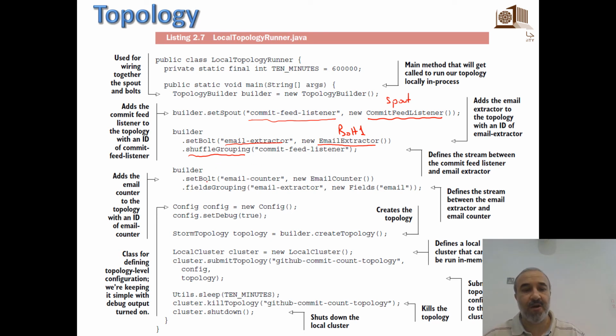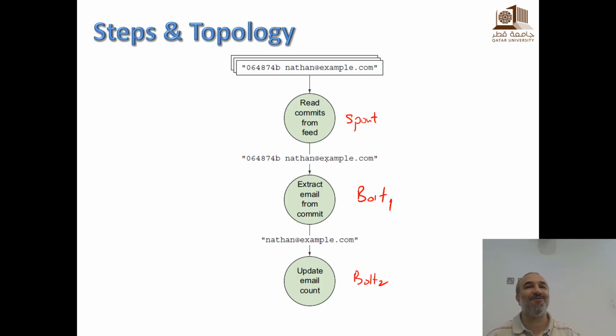Okay. Now, how about the second bolt? So for the second bolt, I want you to focus with me. For the second bolt, we need to define the link. Okay, so assume that the class is there, the object is there for the second bolt, and then we define the link. How do we define the link? Which grouping we should use? Fields grouping, and in that case we need to specify the field. Okay, we need to specify the field.